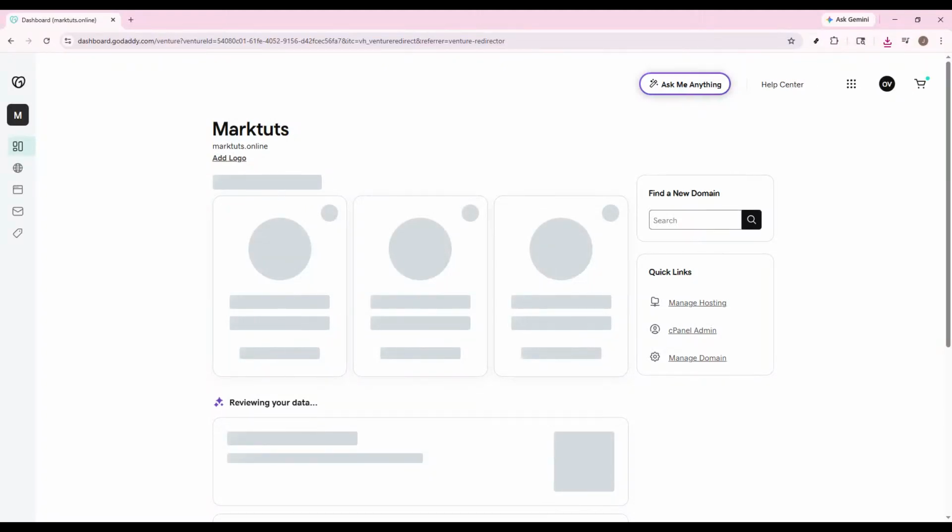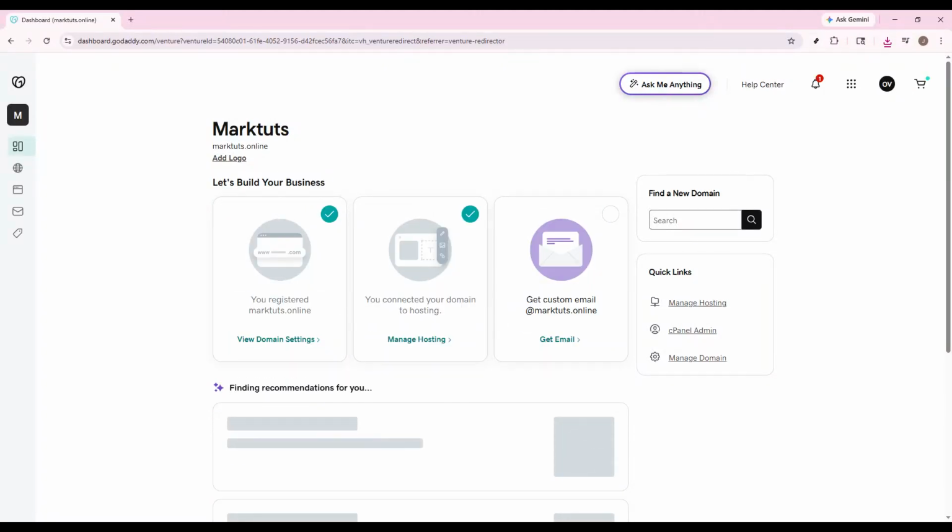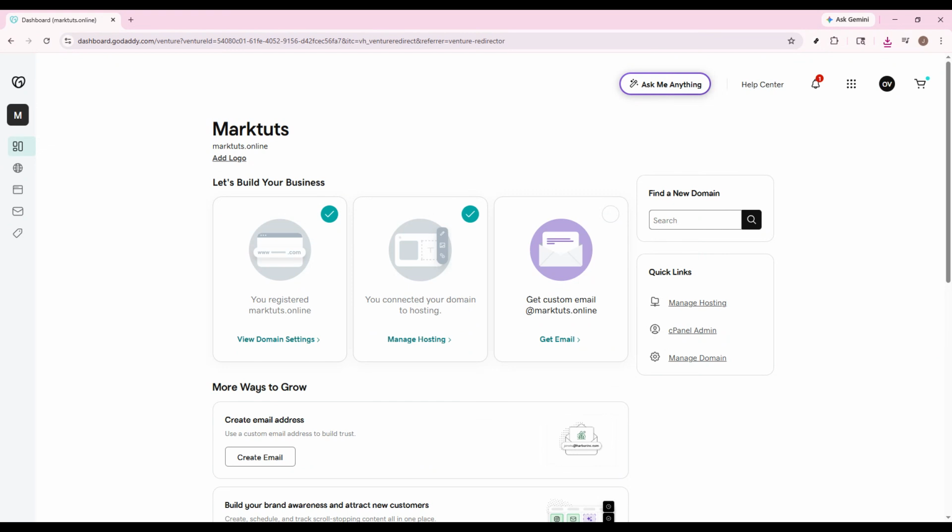In this video, I'm going to show you how to set up an IP address for your domain in GoDaddy step by step. This is one of the most important DNS settings if you want your domain to point to a website, server, or hosting provider correctly. Whether you're connecting a new website, changing hosting, or updating your records, this guide will help you do it quickly